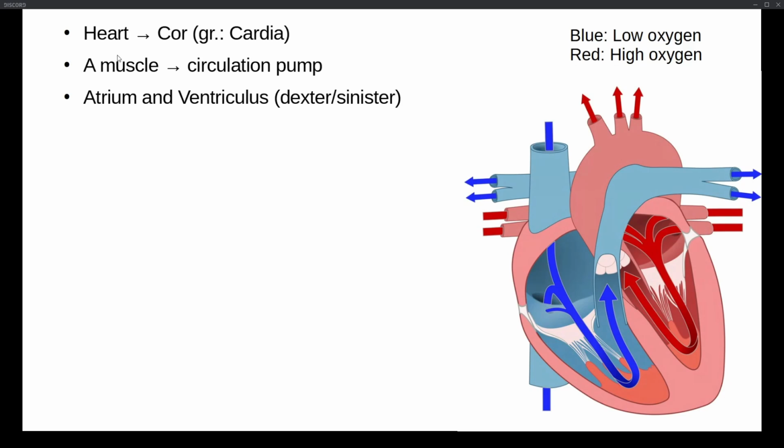It has an atrium and a ventriculus on the left and the right side. So it has in total 4 chambers. Here, this is the right atrium, the right ventricle, the left atrium, and the left ventricle. So